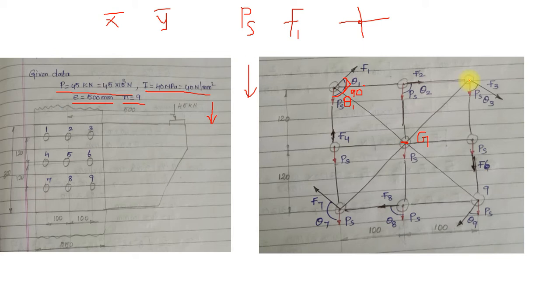Let me explain for another rivet. Let us consider rivet number 3. This is the center of the rivet. Now I have connected from there to here. Once connected, the secondary shear load should be at 90 degrees to it, and the angle between PS, which is the direct shear load, and the secondary shear load is theta. Hence for rivet number 3, it is called theta 3.